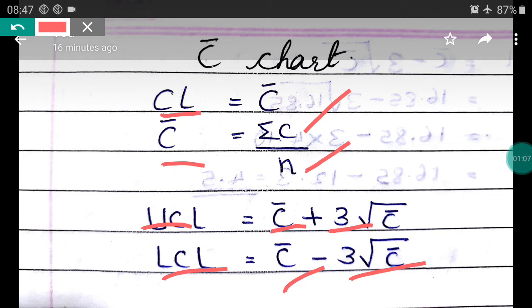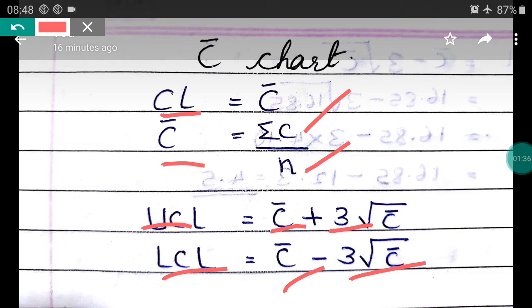How to remember, how to judge whether it is a C chart, or an NP chart, or a range chart, an R chart? A C chart always carries defects. A C chart always carries the defective products, or defective items, or defective machinery. That is called a C chart. Everybody heard, everybody seen.